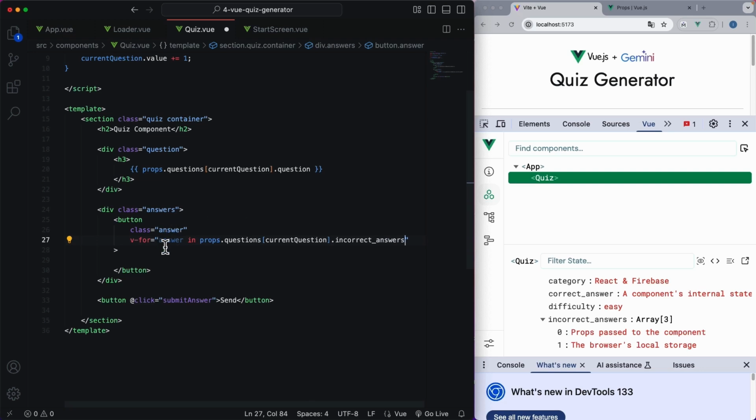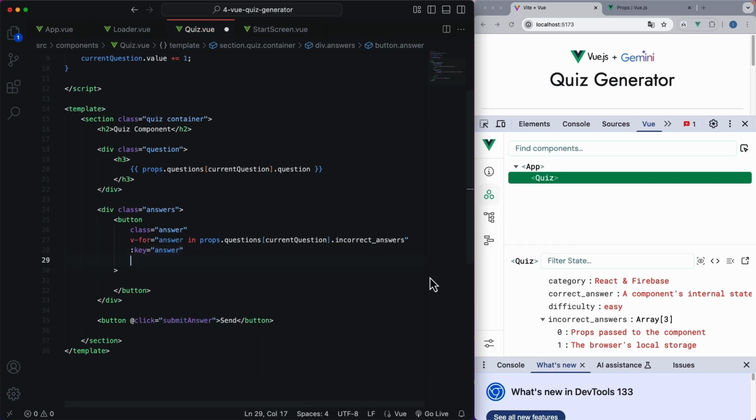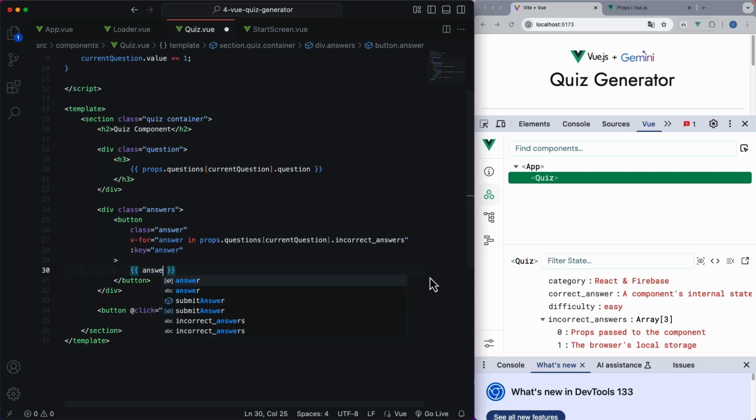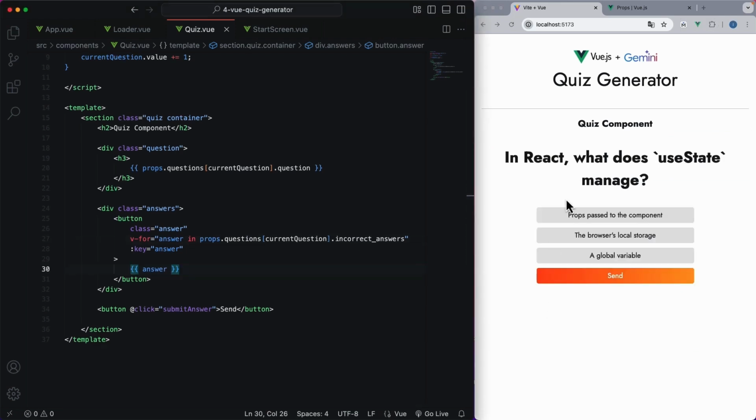We are going to create a variable called answer that we can access inside the loop. Now to make this loop run efficiently, we need to add a dynamic key, which must be unique. So colon key, and we can use answer as the key. And we also need to add the text content of the button, which is going to be the answer itself. So for this, we can add the double curly braces inside the button and add the answer right here. Now let me close the inspector, and if I save this now we have all the options showing as buttons,